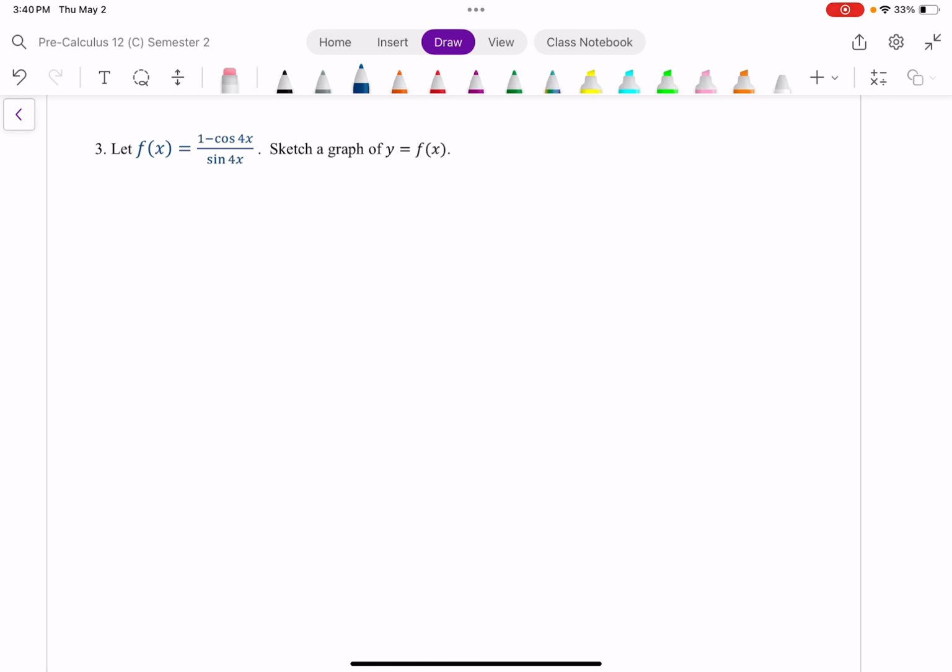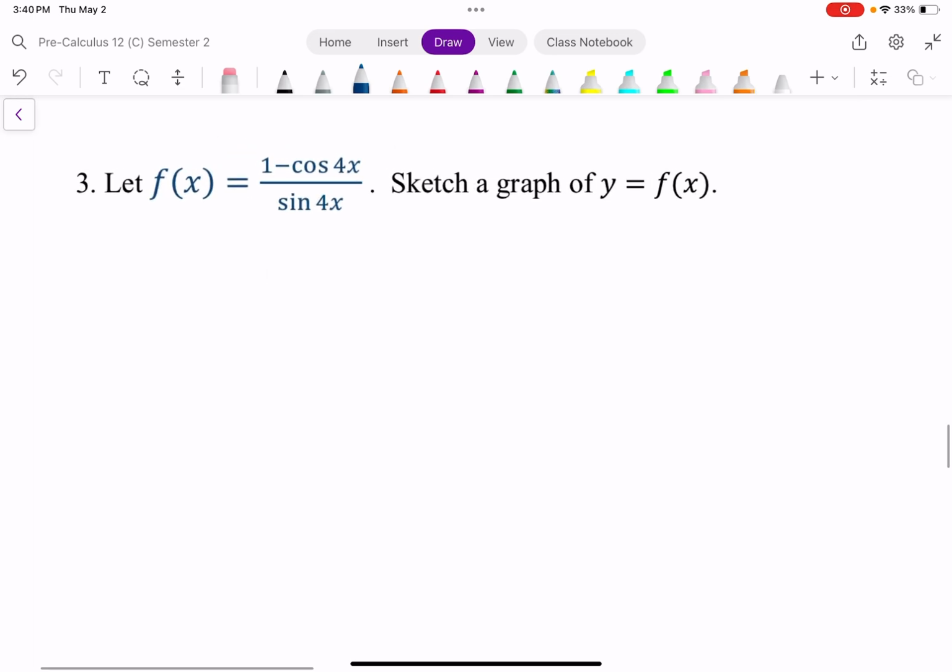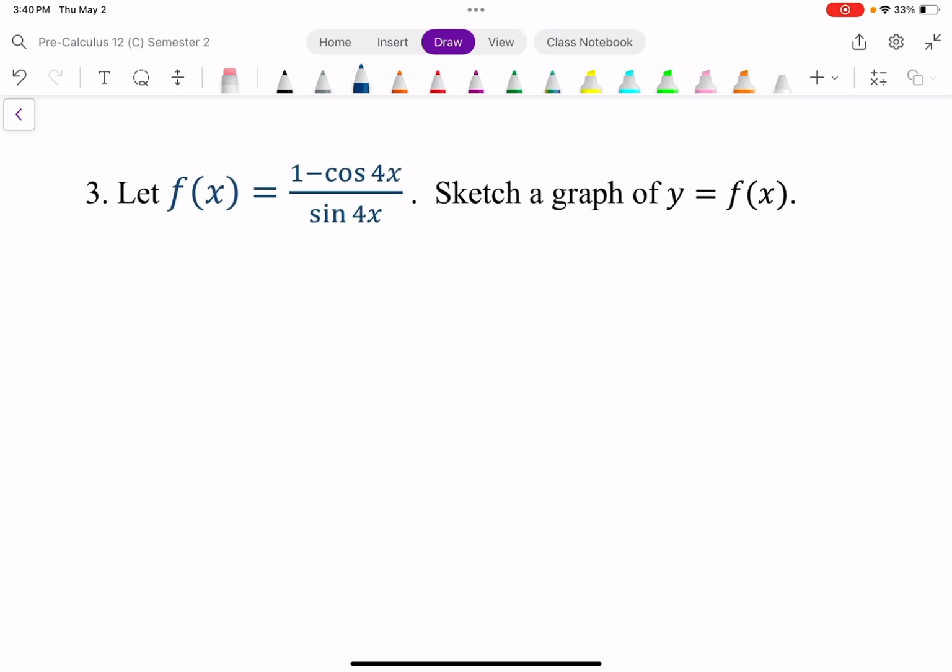Lastly, I want to sketch a graph of a pretty complex looking function. So how can I do this? Well, if I look at this here, first of all, let's look at the sine of 4x. I can think of that. I can use my double angle identity for sine. Because if I think of that as the sine of 2 times 2x, which is definitely the same thing,